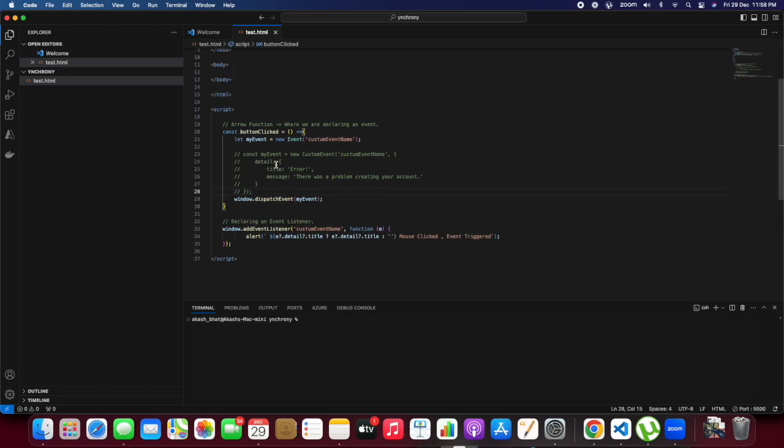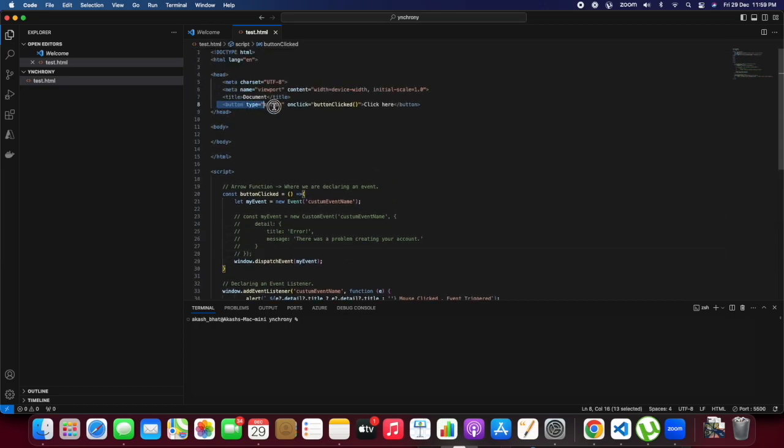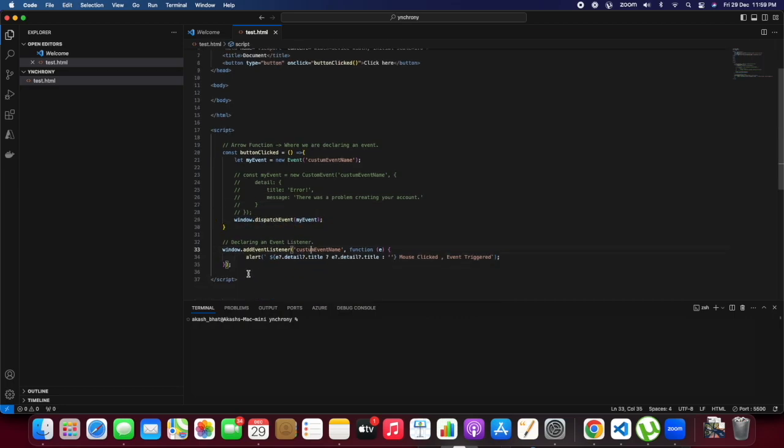So nothing complicated here. We have a button with a click event declared with an arrow function, that is buttonClicked. In buttonClicked we are creating a custom event and dispatching that event using the dispatch method. The custom event declaration is attached to the window object using the addEventListener method. If we need to pass an argument to custom events, we use the CustomEvent class and pass the argument,